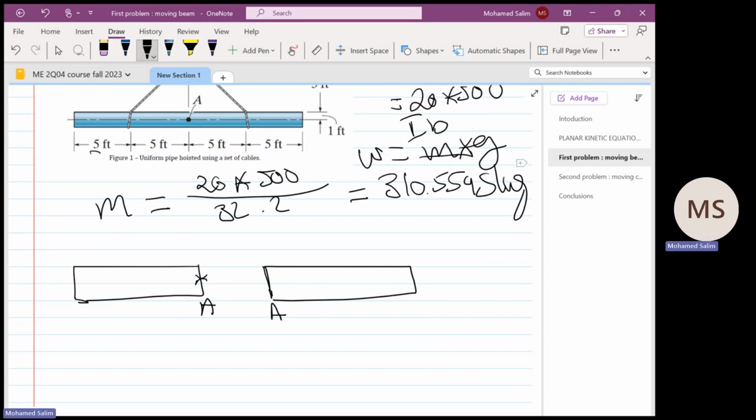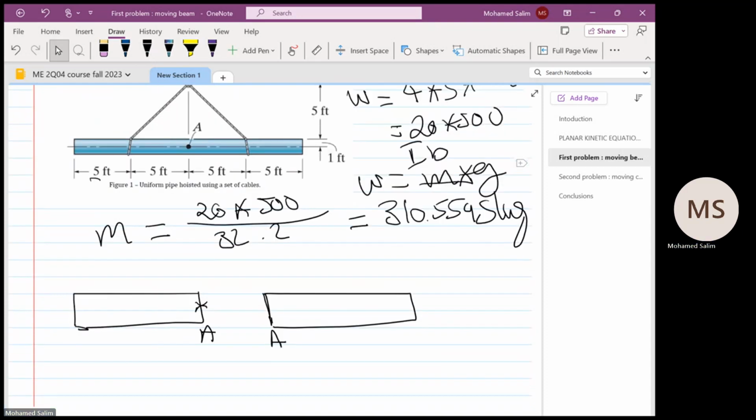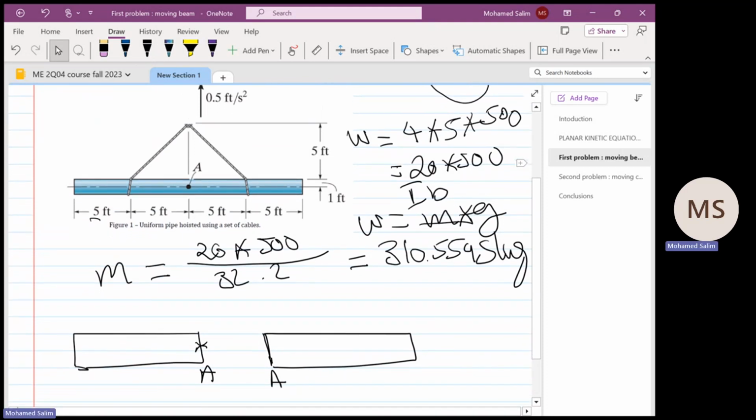What forces do we have here? Let's say the left one. We have a tension up. So we have here like T, let's say T1, at an angle of 45. Why? You can see the cord of the rope has a height of 5 feet, and the distance between the new gravity